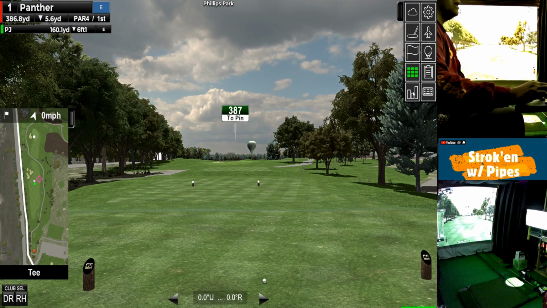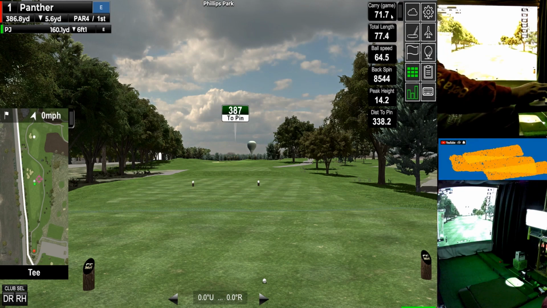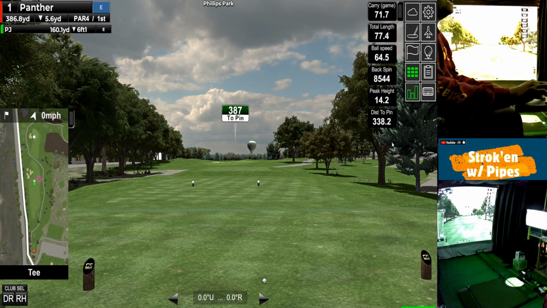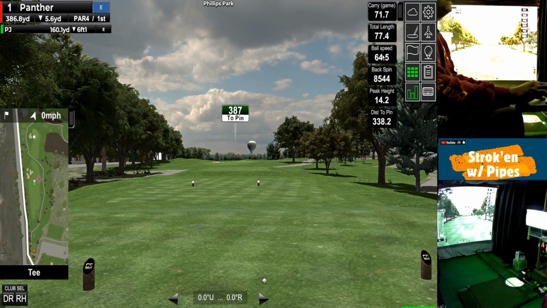And then the little bar graph here kind of gives you your controls. So when you hit it, it shows that. I like to have this turned on, so it shows me, okay, my carry for the game, my total distance, my ball speed, backspin, peak height, distance